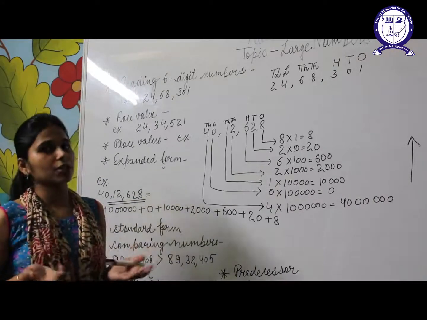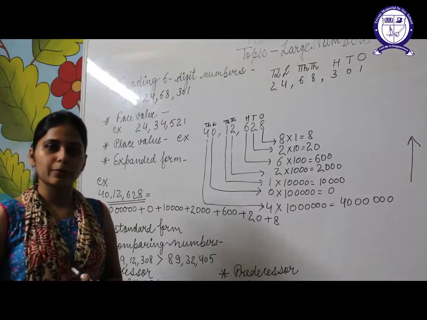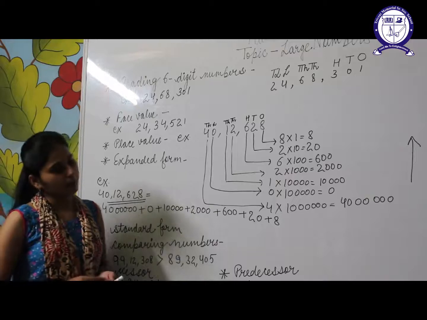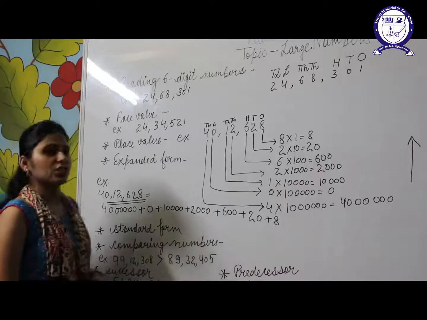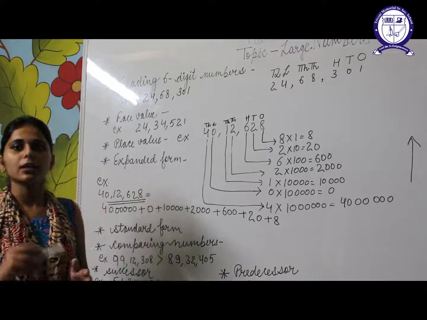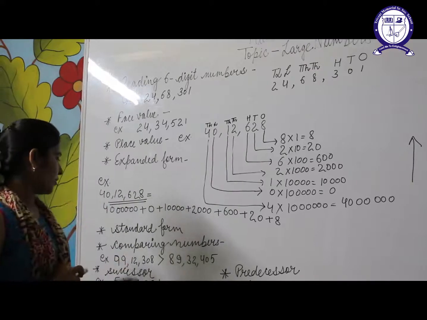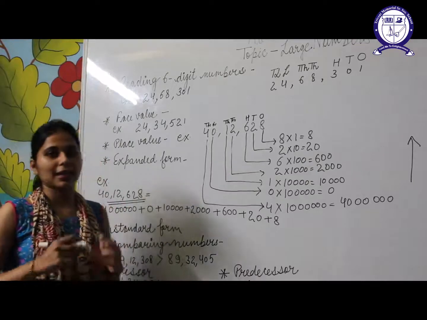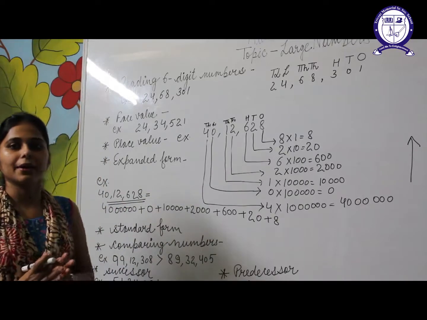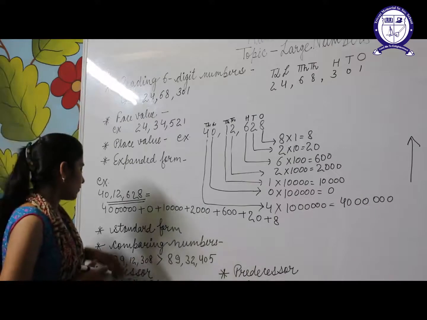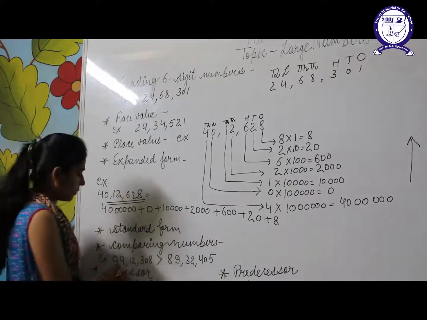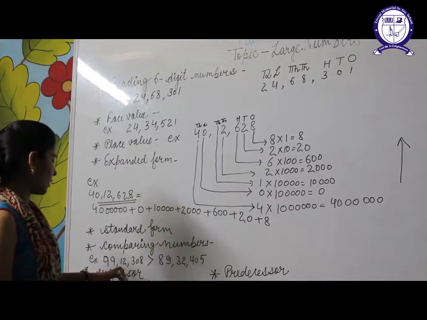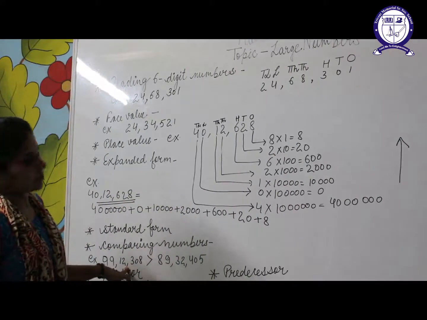If a large number of digits are there, the larger will be the number, and if a smaller number of digits are there, the smaller will be the number. In a 6-digit number, first we will compare the 10 lakh value, then the lakh value. If the 10 lakh digits are the same, then we compare the lakh value. If 10 lakh and lakh are both the same, then we move towards the right-hand side, at 10,000, then compare the 10,000 digit, then the 1,000 digit.